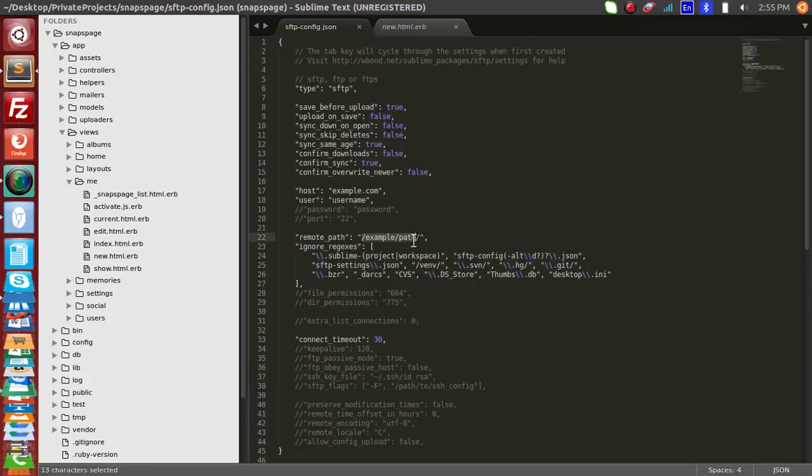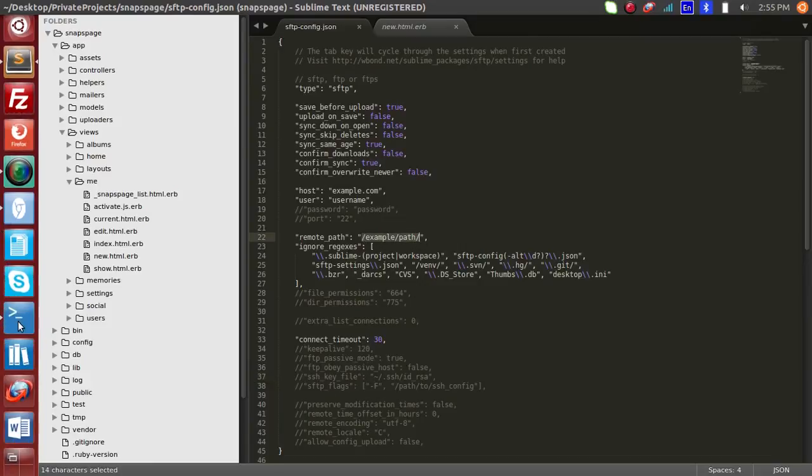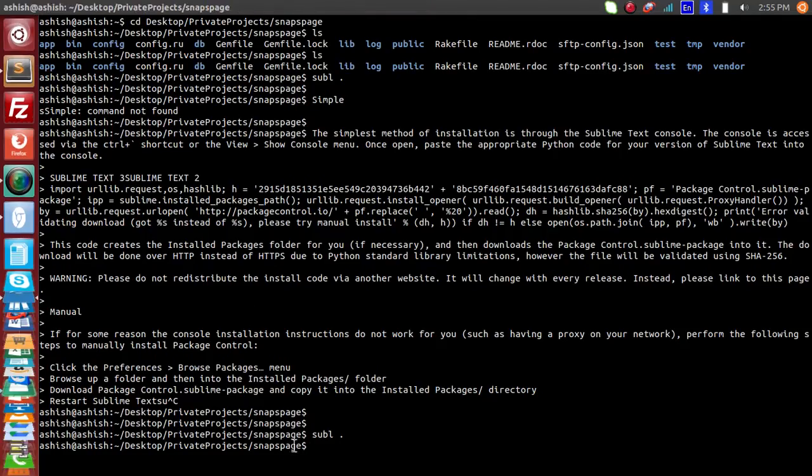The remote path needs to be exactly the same, that should be present over SFTP on the remote server. Likewise it is present over here on a local machine, the path of the snaps page. So the same path, the path of the snaps page, should be present